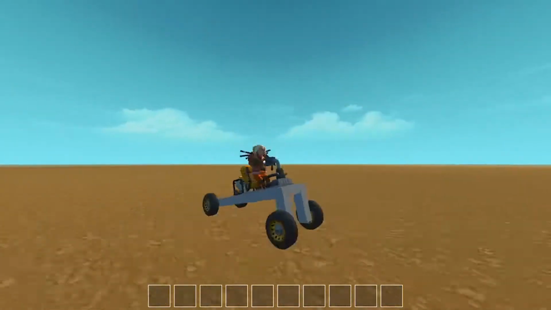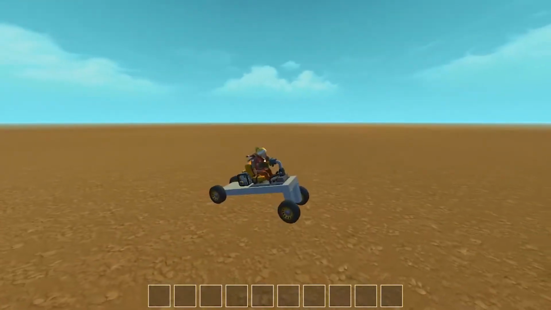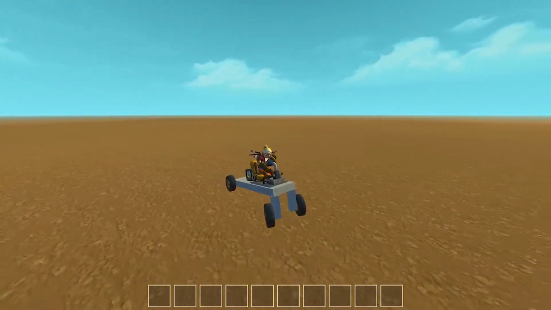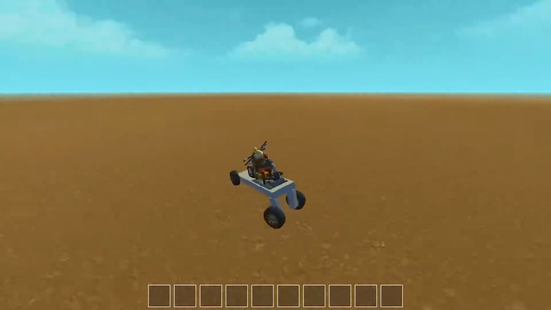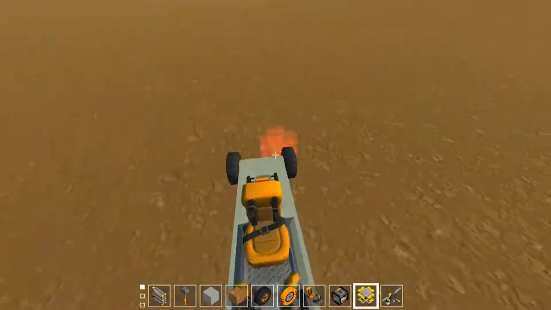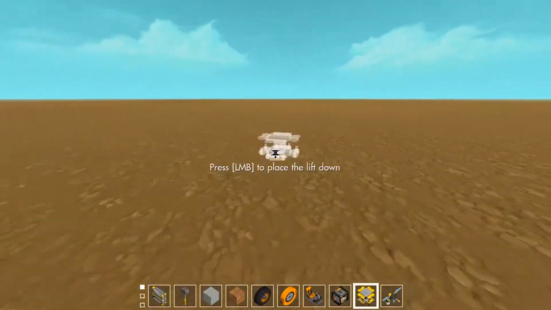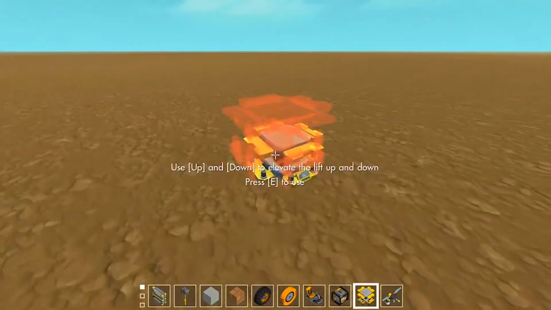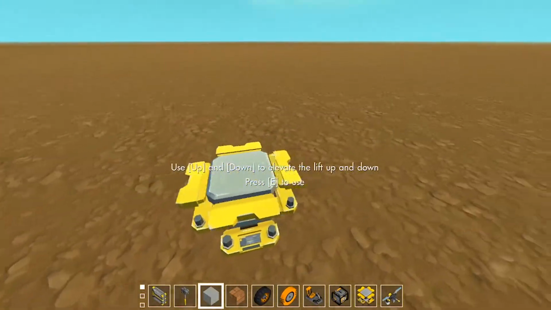In today's episode, I'll be showing you how to make a simple vehicle like this that accelerates and turns. Might seem simple, but for new players, it can be a little bit confusing. So we'll just place down your lift over here and build a simple